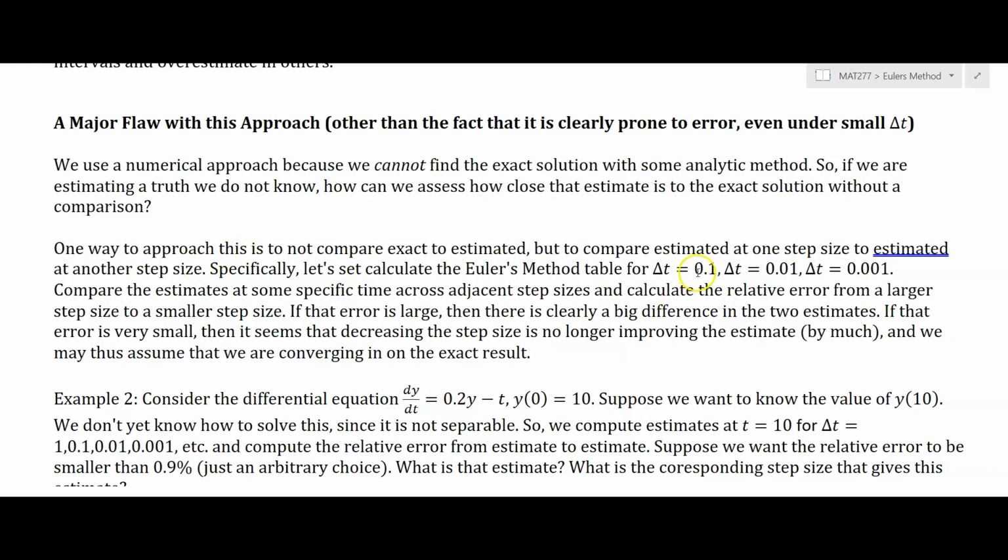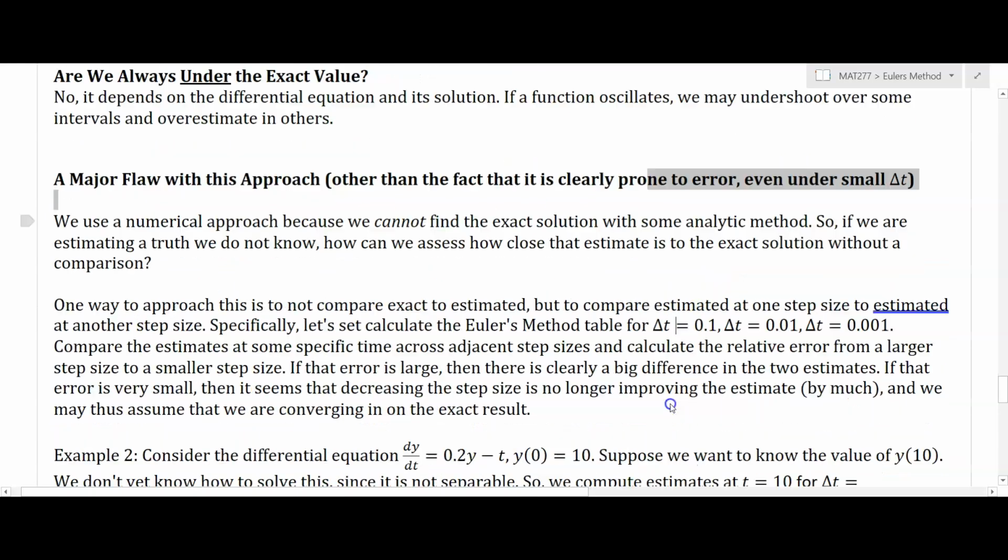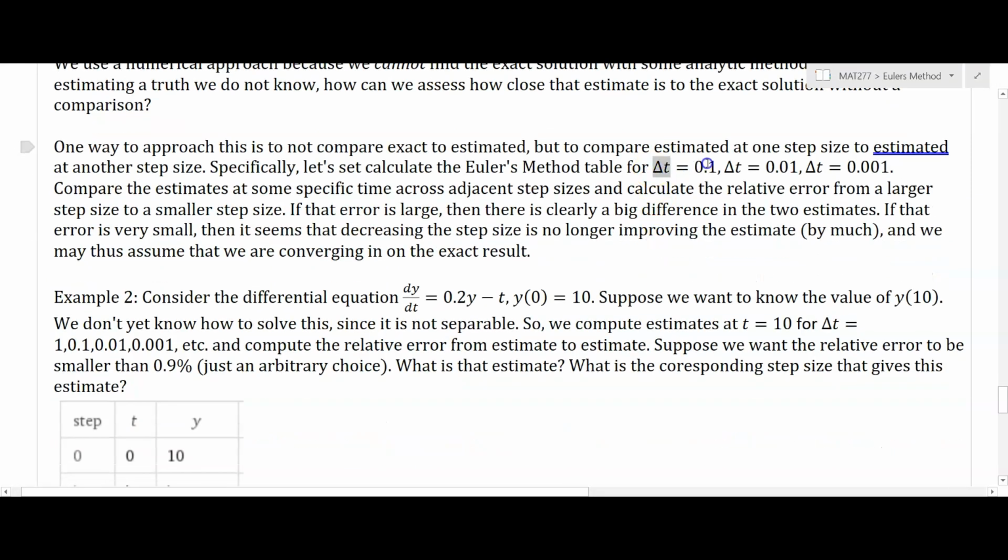So if I compared my approximation at time 4 at delta t equals 0.1 to the estimate at time 4 at delta t equals 0.01, and I noticed that my y value changed by a lot, then that clearly means there's a big difference in the two estimates. However, if that difference is very small, then it seems that decreasing the step size is no longer improving the estimate by much,